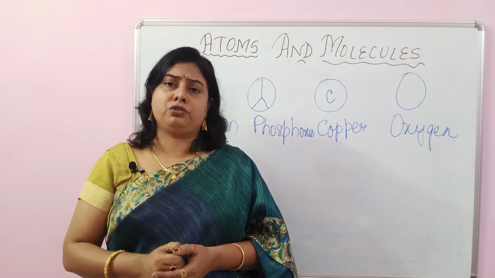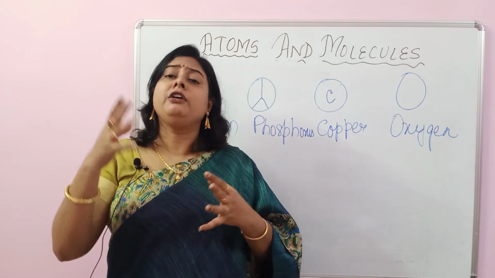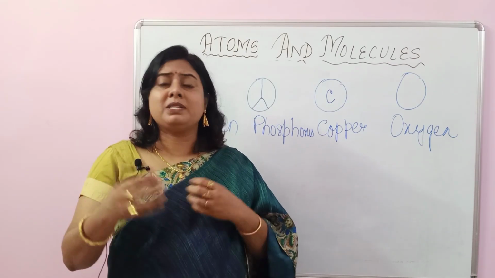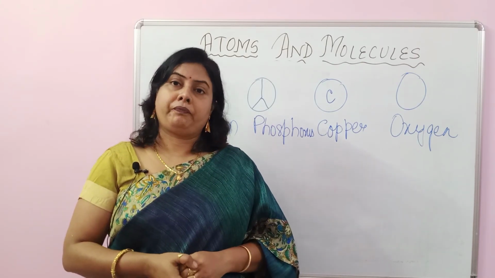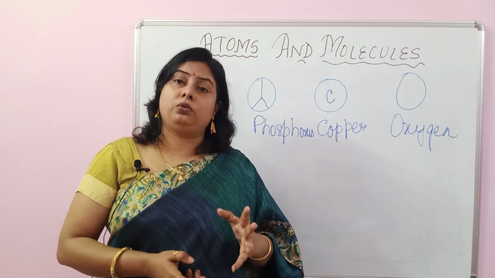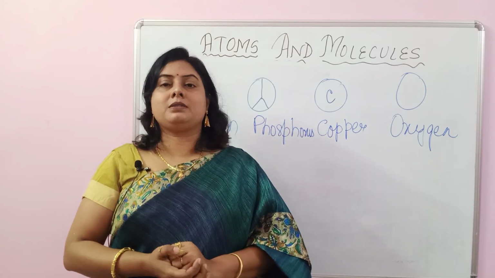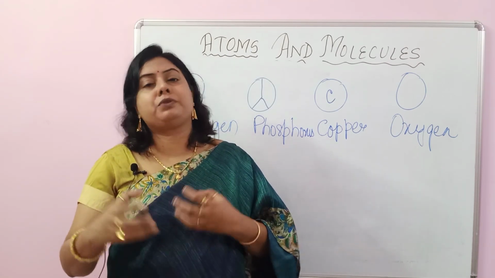Similarly with nitrogen, two atoms of nitrogen combine to form the molecule for free existence. So the atomicity of oxygen and nitrogen is 2. Similarly, ozone, which is made up of oxygen only, its atomicity is 3, as 3 atoms of oxygen combine together to form the